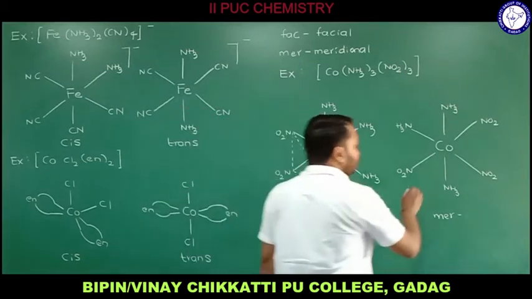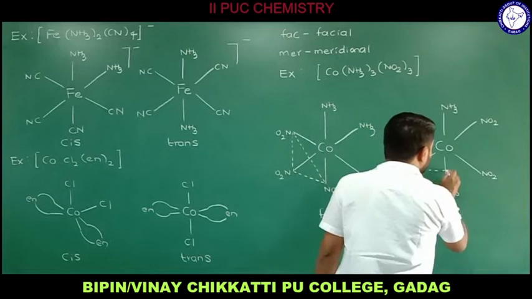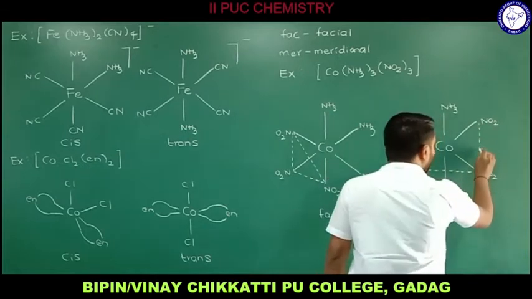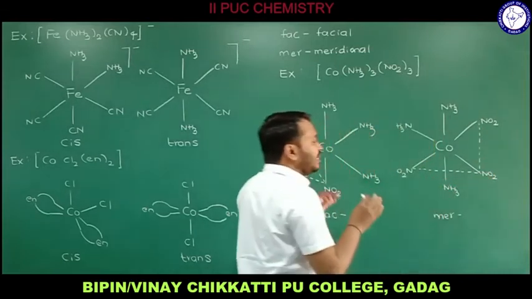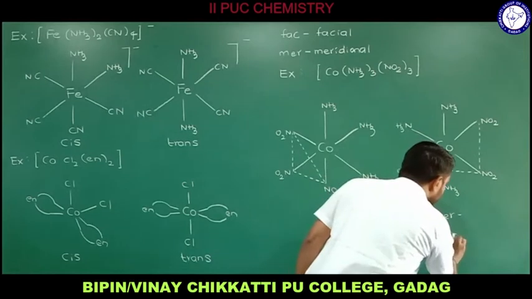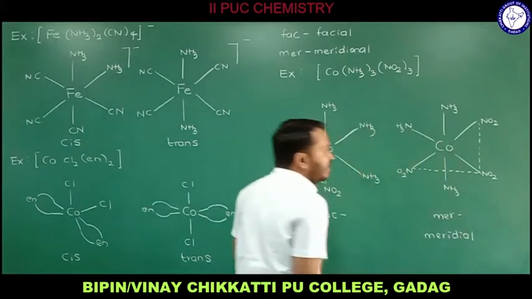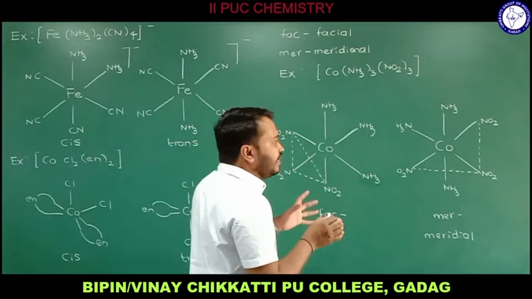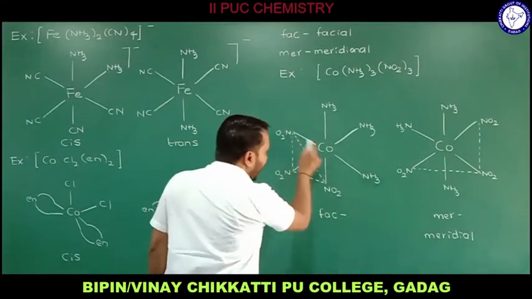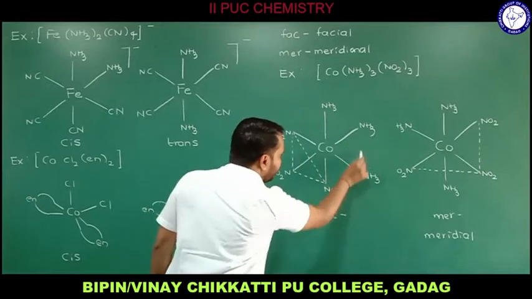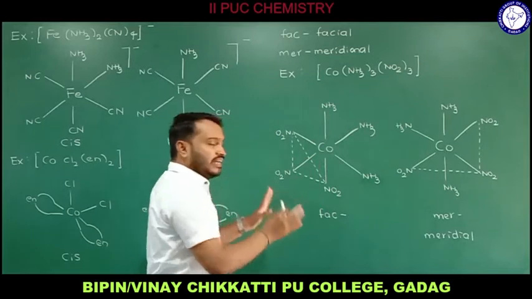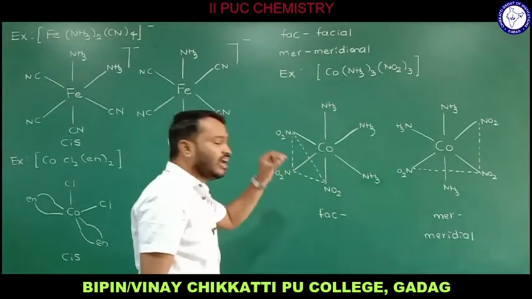If you observe here, let me draw the dotted lines to identify it. This is one NO2, this is one NO2 and this is one NO2. All these NO2 are around a meridian. What is actually the meridian? See here, in this particular case, this is one face. And you can draw here also, this will be one face, and here also, this will be one face. On the faces we will be getting identical ligands, three ligating atoms of the ligands.